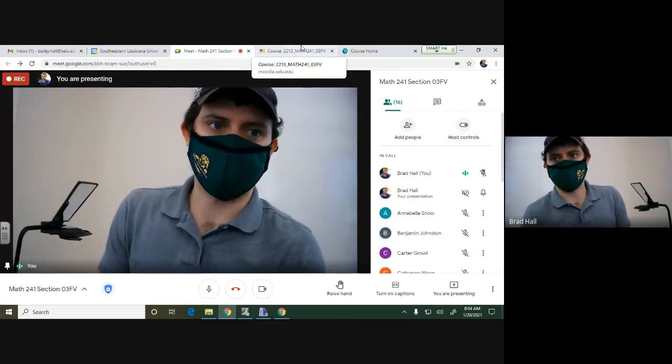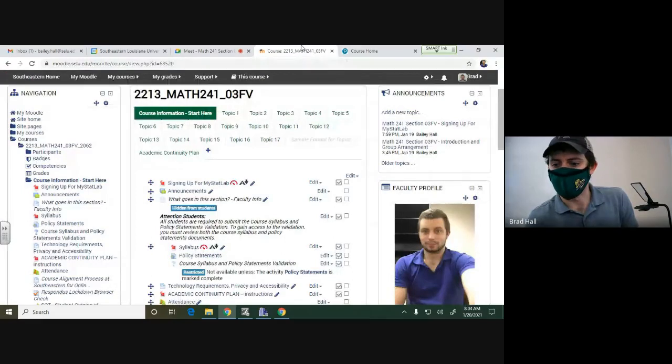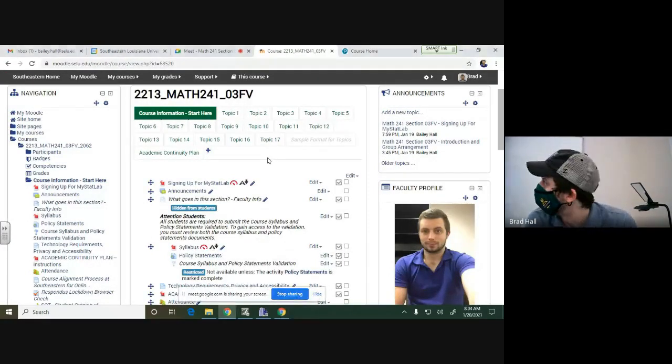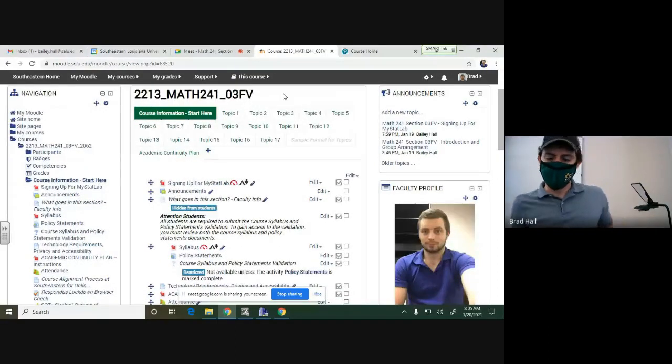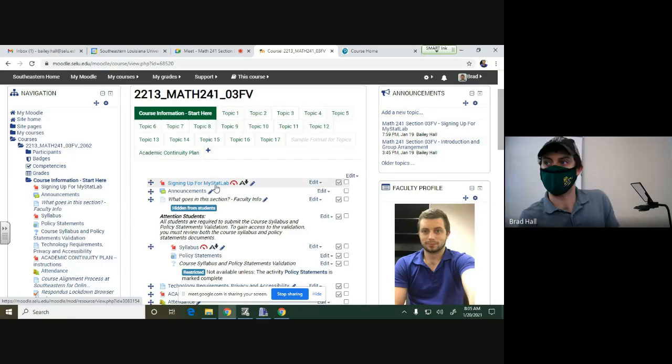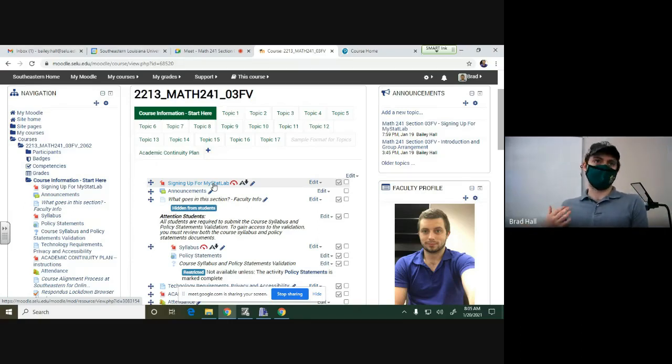So I guess the natural extension is to go into Moodle. I am sharing my screen, so hopefully everyone can see this all right. In Moodle, we're not really going to use Moodle too much. What's more important here, of course I have the syllabus here. I'll get to the syllabus in a second, but mainly I have signing up for my stat lab. We do use a MyMathLab type environment. For some of you who didn't like MyMathLab, well, we use MyStatLab, which is very similar. It's the same interface, just different problems.